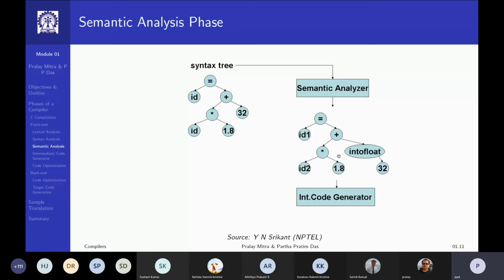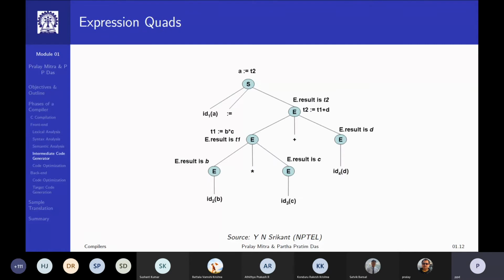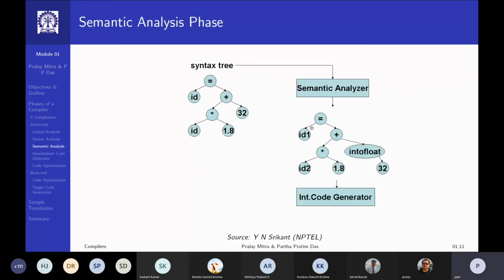Now you can see between the syntax tree that you had and the syntax tree after putting int to float, they are structurally the same. They are doing the same set of operations, but you have cleared the semantics or meaning of the constant.